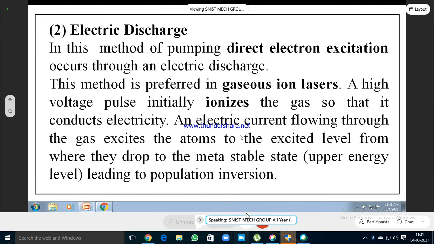When the electrons are accelerating, they collide with each other, transferring their energy from one electron to another electron, and this electron also will transfer the energy to the atoms. Then those atoms will jump